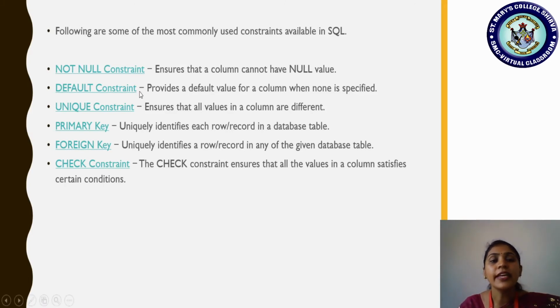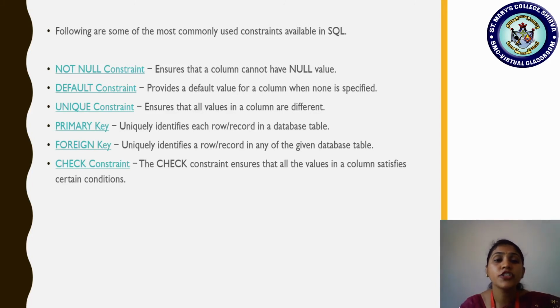Then the default constraint. It provides a default value for a column when none is specified. What does this mean? For example, name. There was a column called name in employees, one was ID and another one was name. Suppose we forget to enter the employee name, we somehow skipped that value.